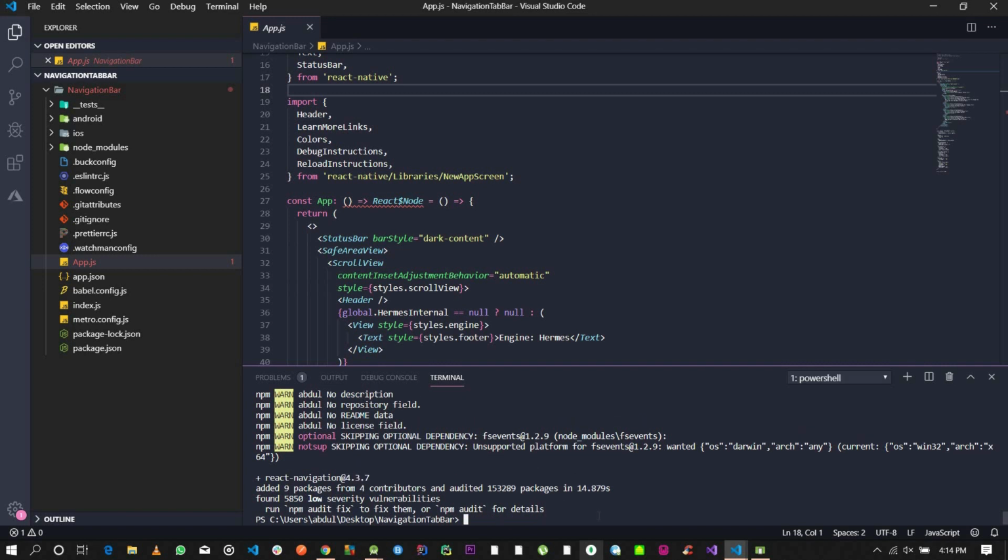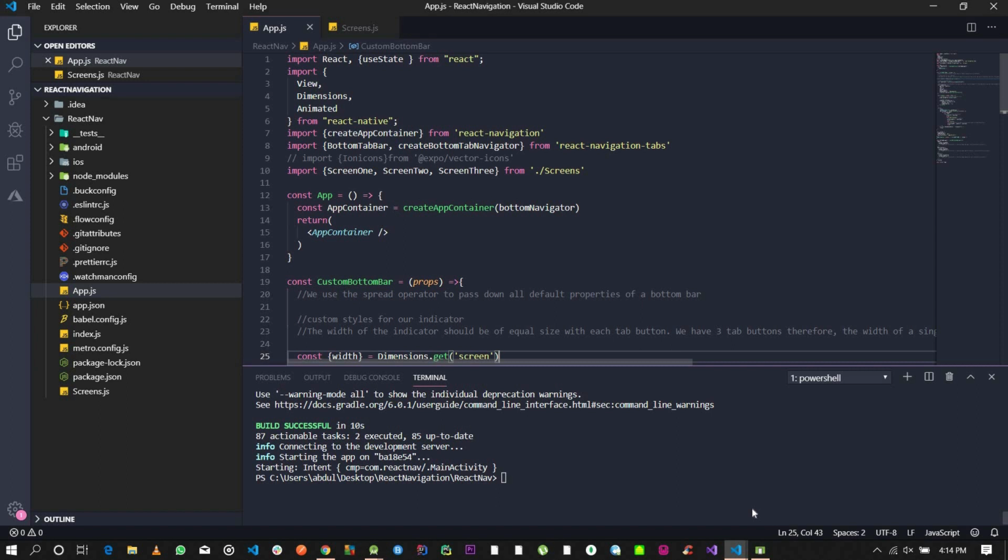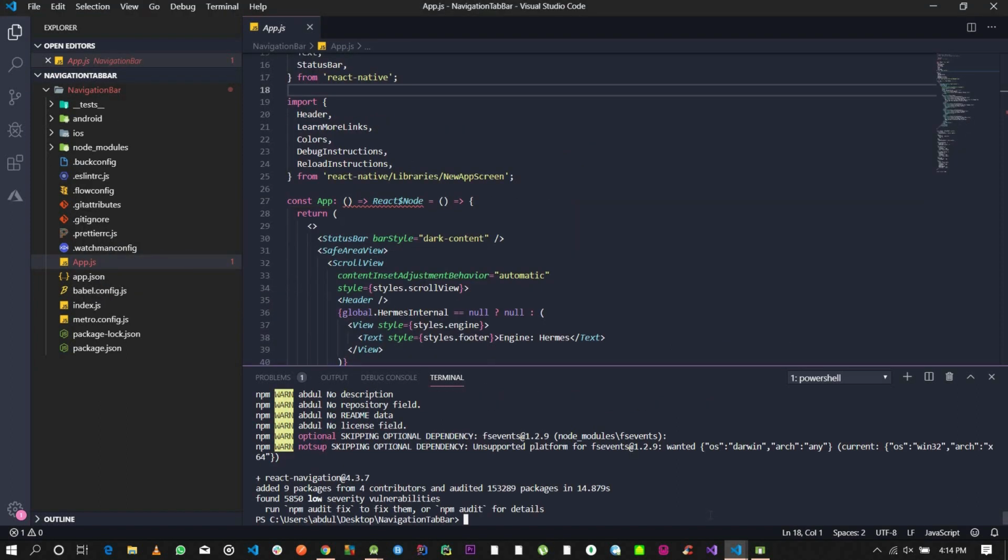Right, so now that React Navigation has been installed, the next and final group of dependencies we need to add is a few screens and Gesture Handler. This is because when I first did the application on this project, I got a few bugs. So in order to combat that, I had to install Gesture Handler. So I'm just going to go ahead and show you guys how that works, and go ahead and install this,